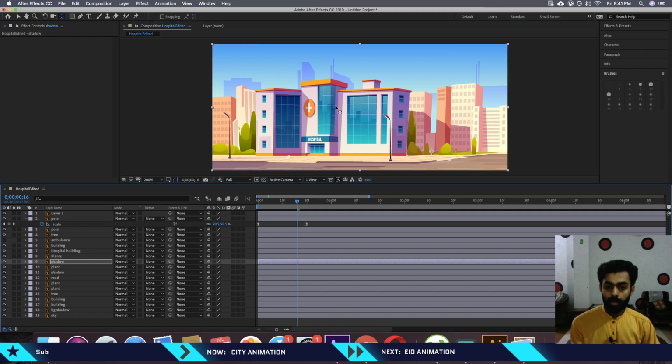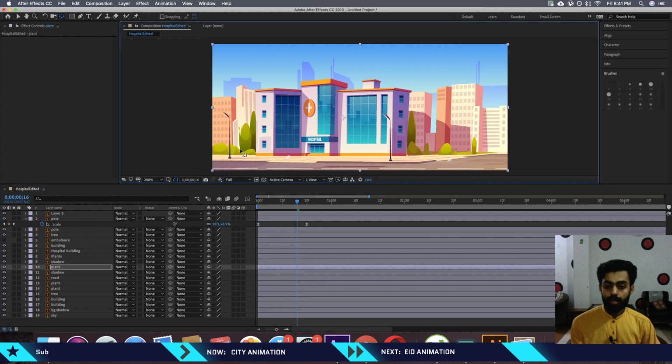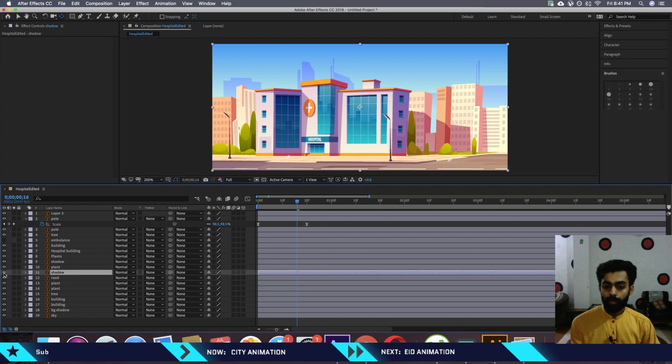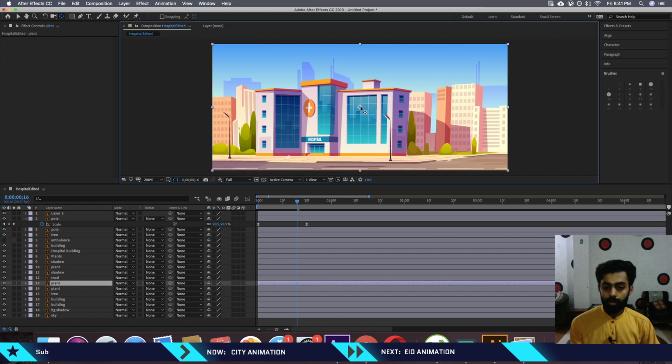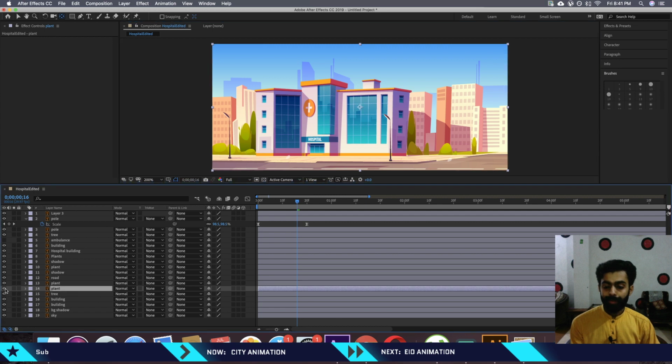For this plant, select this plant and change the anchor point to around here. For this shadow, change the anchor point to this position. We do not need to animate the road, so you can leave this layer. For this plant you need to change the anchor point to around here, and for this tree you can move